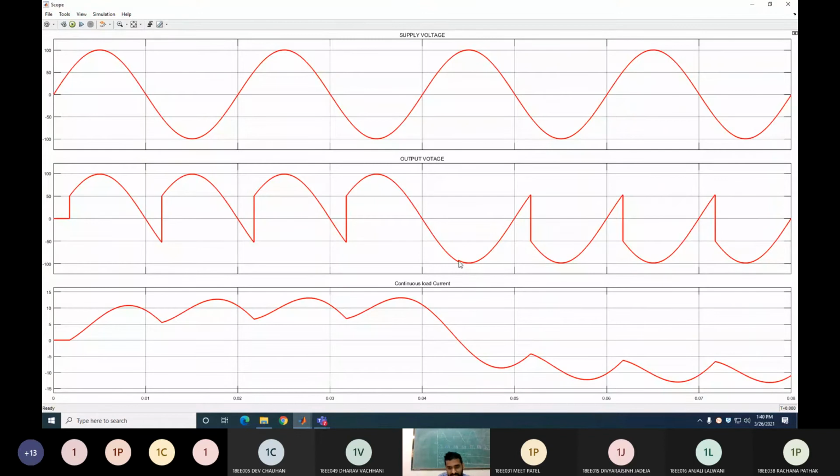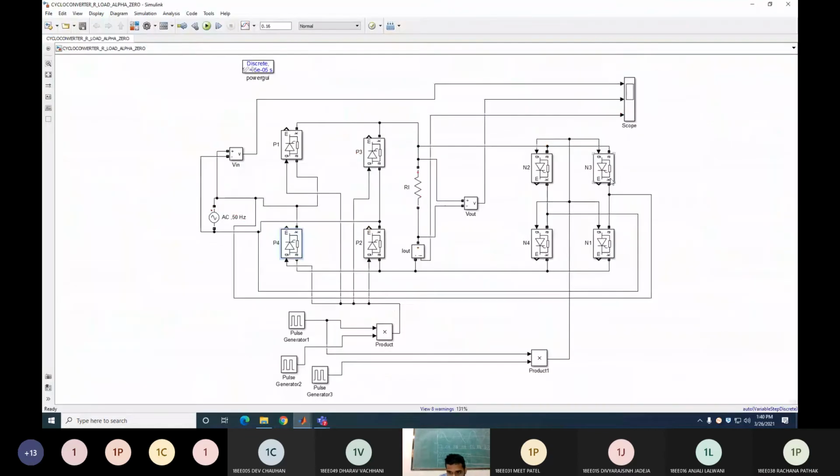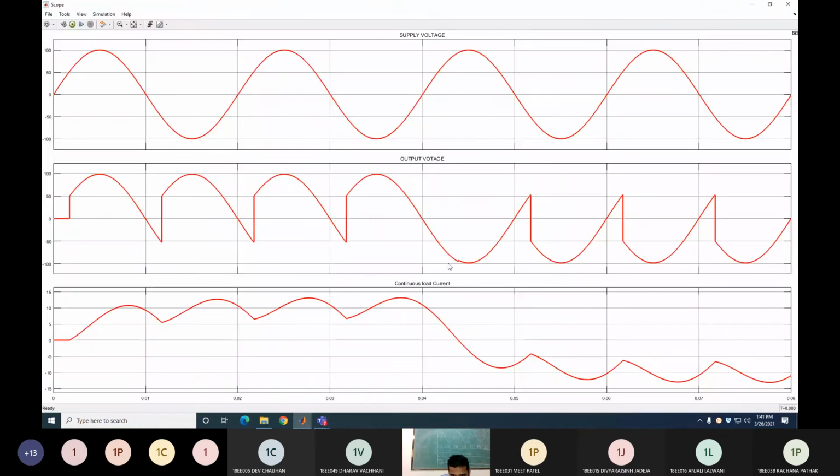This notch is because at 4 pi plus alpha, at this point, you fire the negative group thyristor N1. This way. And this negative group thyristor also gives the negative output voltage. So because of that, you get the small spike here, because here a transition happens from conduction of P3 P4 to N1 N2. Clear? So this full negative cycle you get because of conduction of P3 P4 from this to this here, and from here to this point because of conduction of N1 and N2.